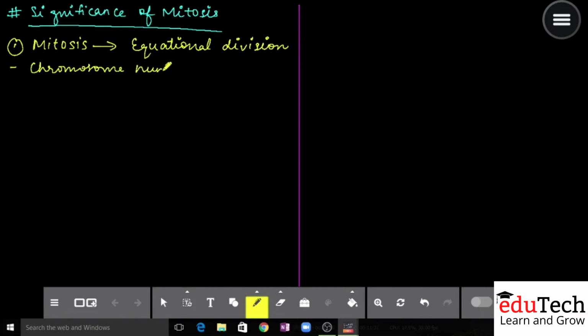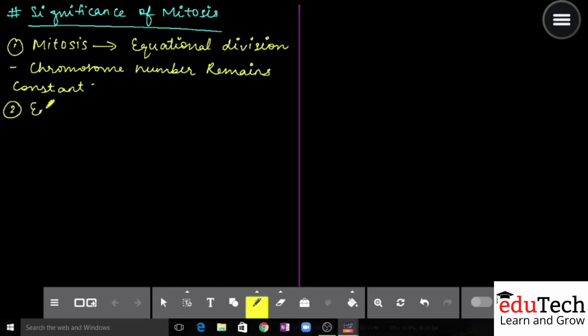Yes, now as we all know that mitosis is the इक्वेशनल डिवीजन। यस, माइटोसिस को आप क्या बोलते हो? इक्वेशनल डिवीजन, बराबर। इक्वेशनल डिवीजन क्यों बोलते हो? बिकॉज द क्रोमोसोम नंबर remains constant throughout the generation. ये important point है। yes, second point, ठीक है।